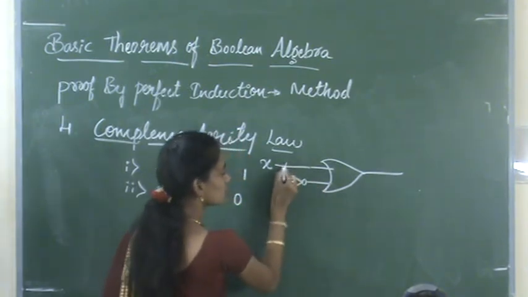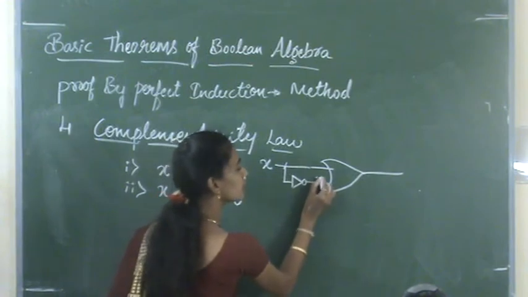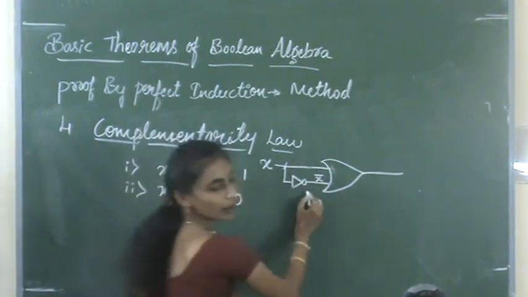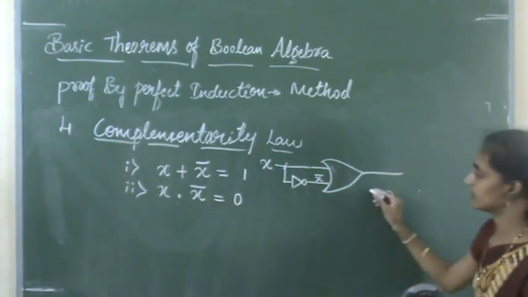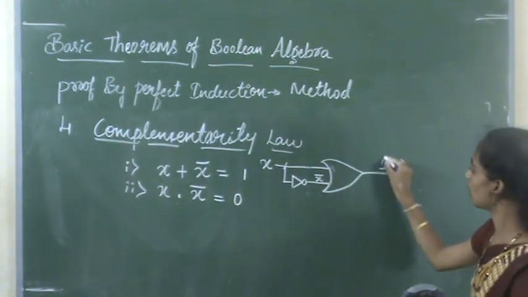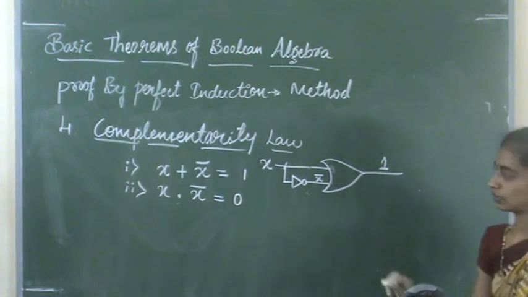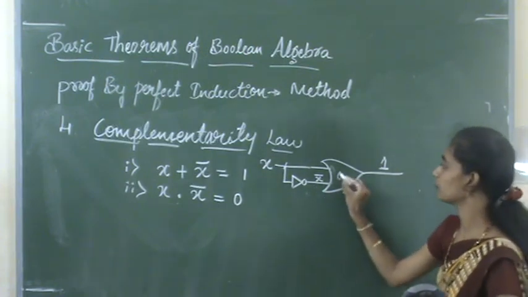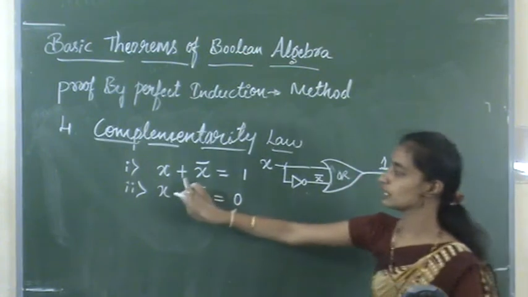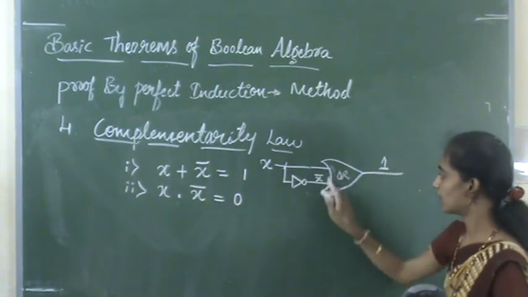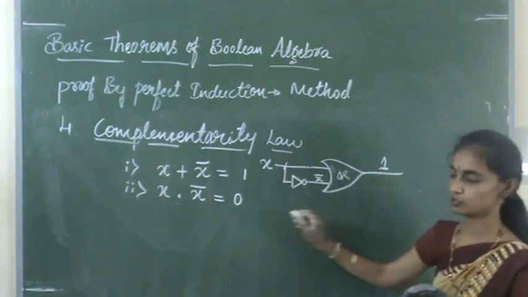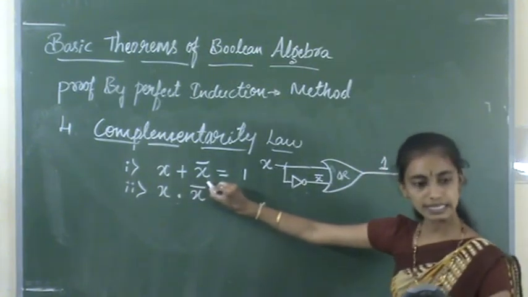Okay. So this is the x complement, which means we get x bar, and these are the two inputs we are getting, and then the output will always be 1. So I think you understand how to write this gate. See, here we are using the OR operator, so I am writing the OR symbol, and we have to provide two inputs. One is x, another one is x bar.